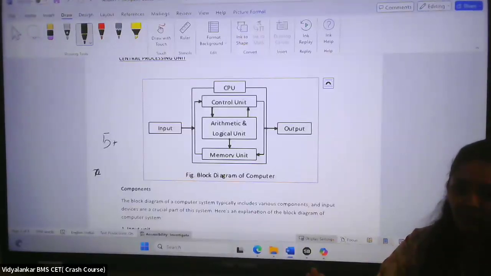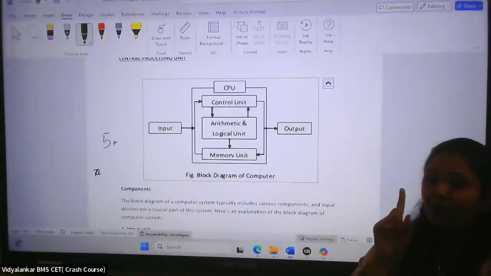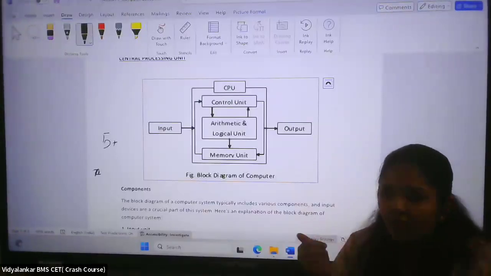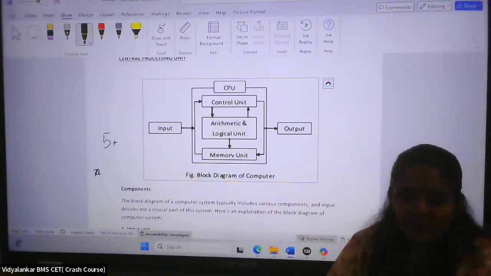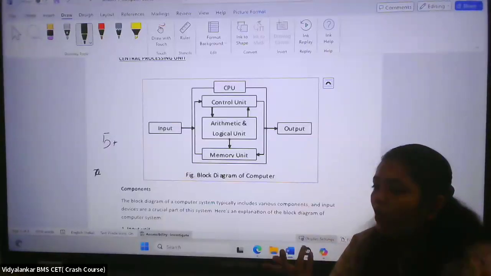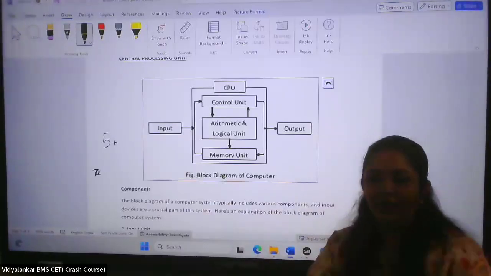दैट मीन्स यू कैन नॉट डू एनीथिंग विथ इट, एंड दैट रोम स्टोर्स योर ओएस एंड योर बायोस सेटअप। बायोस मीन्स मैंने सबसे पहले लेक्चर के स्टार्ट में आपको बताया कि आप पावर ऑन करते हैं तो एक लाइट फ्लिकर होती है हर एक कंपोनेंट की। ओके, दैट इज आल्सो कॉल्ड एज पोस्ट, दैट इज पावर ऑन सेल्फ टेस्ट। ठीक है, तो वो ये सब काम कौन करता है? आपका रोम करता है।